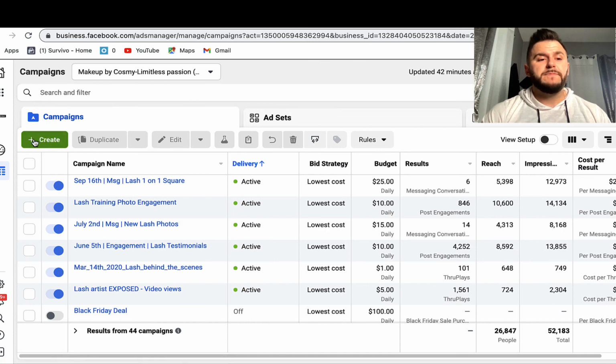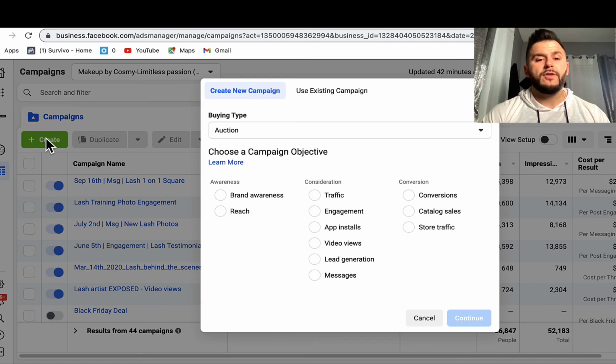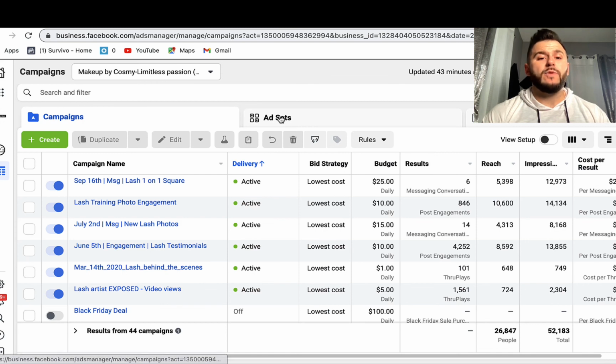So this button here, when you hit create, it's going to ask you what type of campaign objective you have, not who you want to run. Who you want to run is the ad set. So we're going to go through all of them in just a moment, but after we go through all of this, I'm going to come back to ad sets